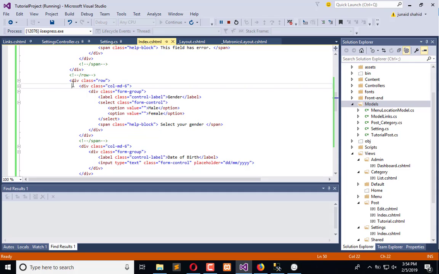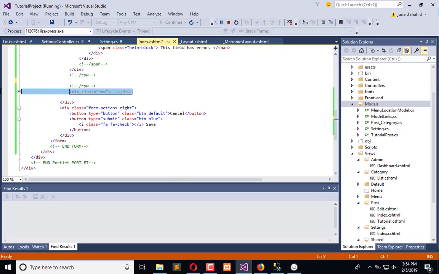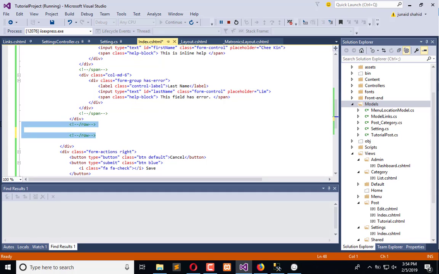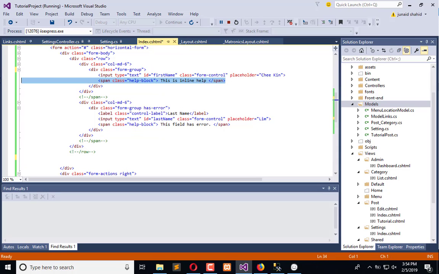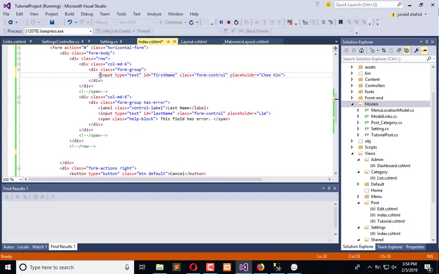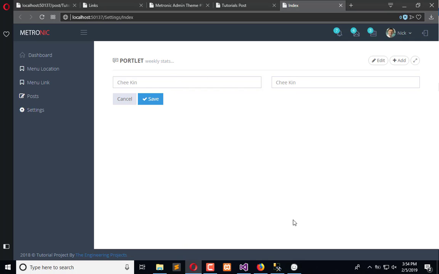So remove the whole row, and remove the whole row, this. Okay, here what we will do, we will remove these labels, this information too. Just copy this and paste it here, this div with this div. Refresh, and here is how it looks. Okay,